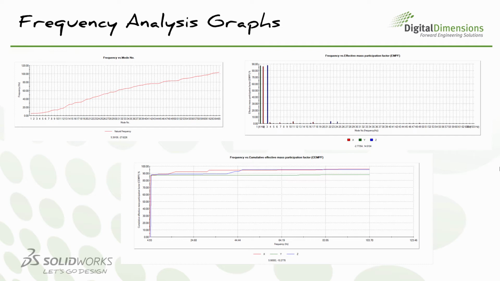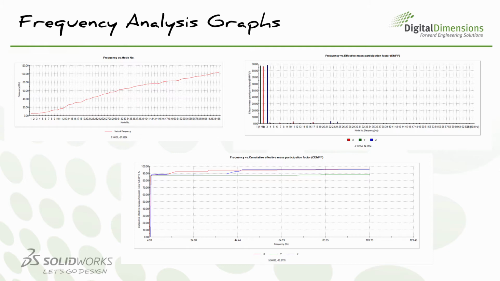Next, let's talk about frequency. In 2015, we've added 3 additional frequency analysis graphs to our studies, for frequency and for our dynamic studies. We can see that we've added a frequency versus mode number plot, frequency versus effective mass participation factor, and lastly, frequency versus cumulative effective mass participation factor, which when doing dynamic studies, it's always important to determine the exact mass